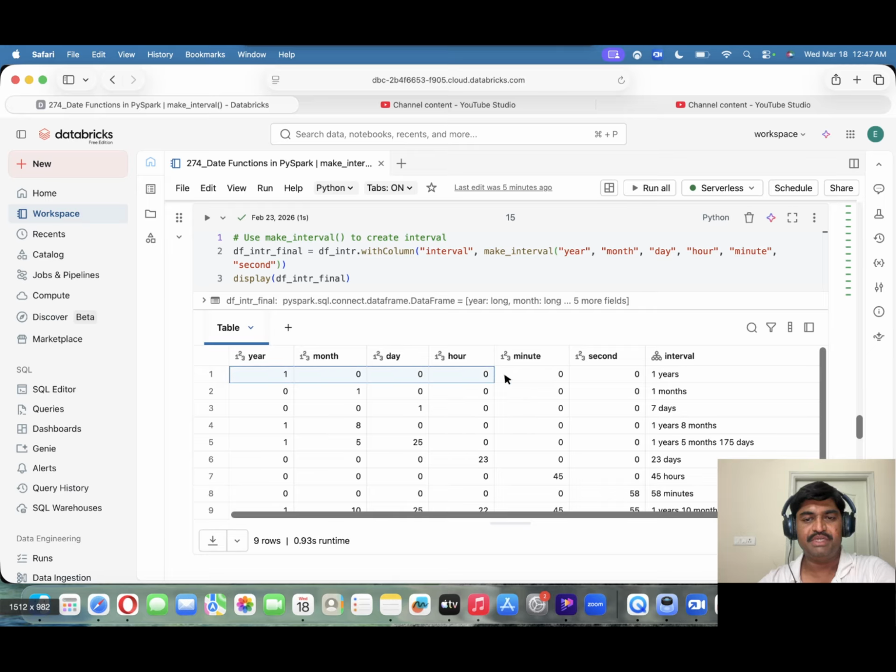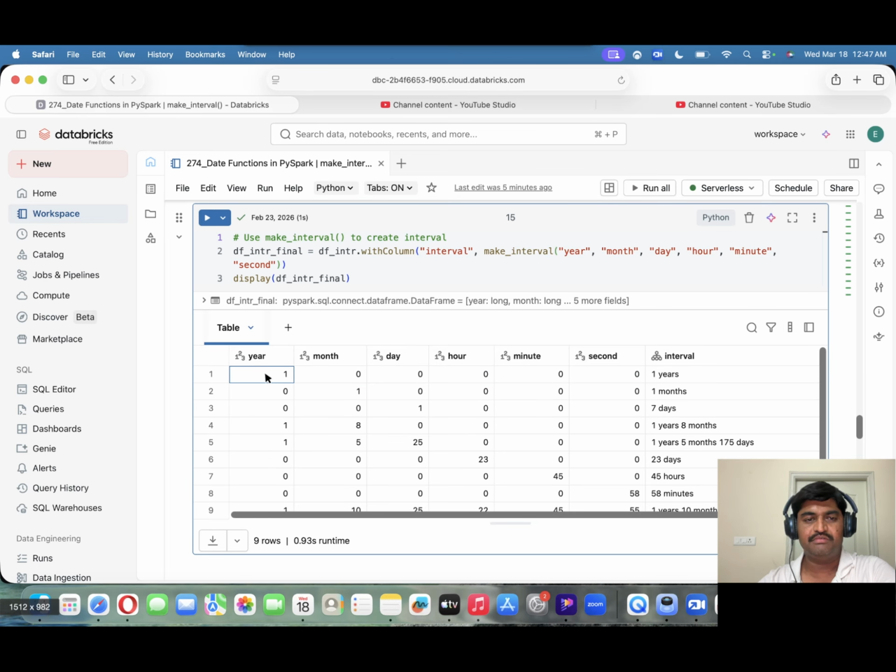If you see this particular row, except year, remaining all zeros. So we'll get output as 1 year. And if you see the second row, except month, remaining all zero. So what will we get? 1 month. And in a similar way, if you see here,